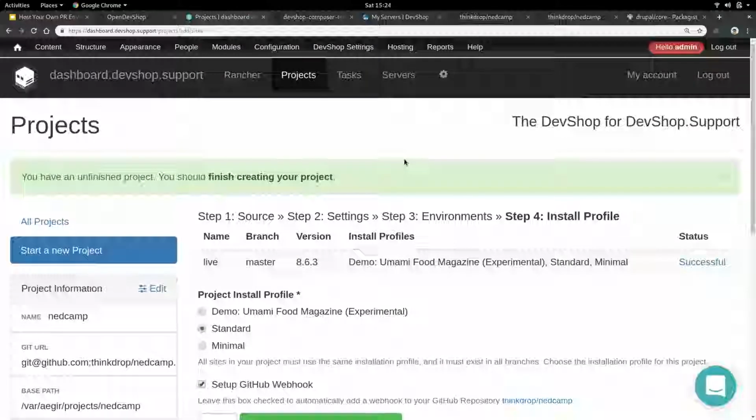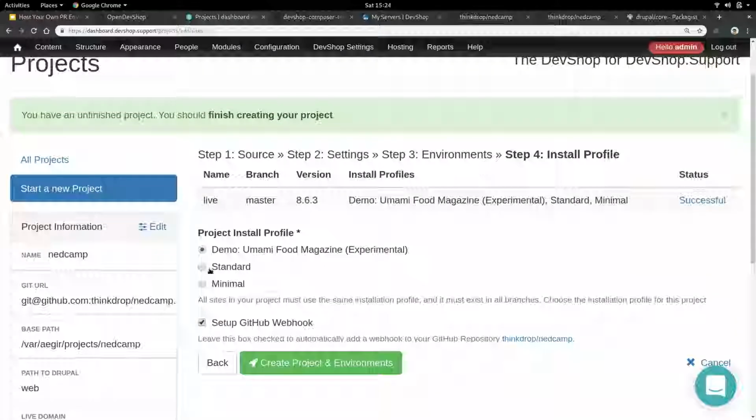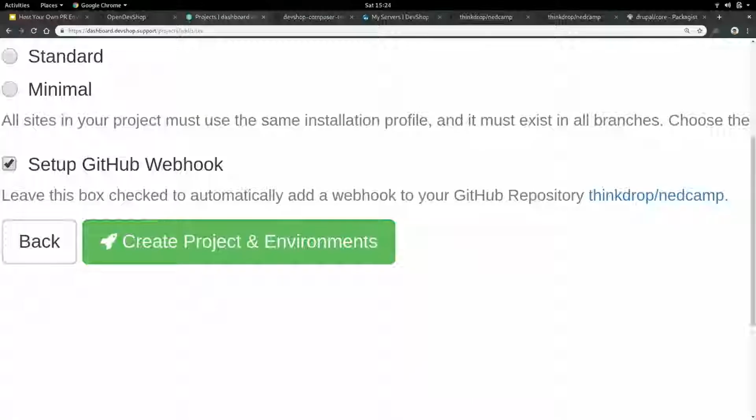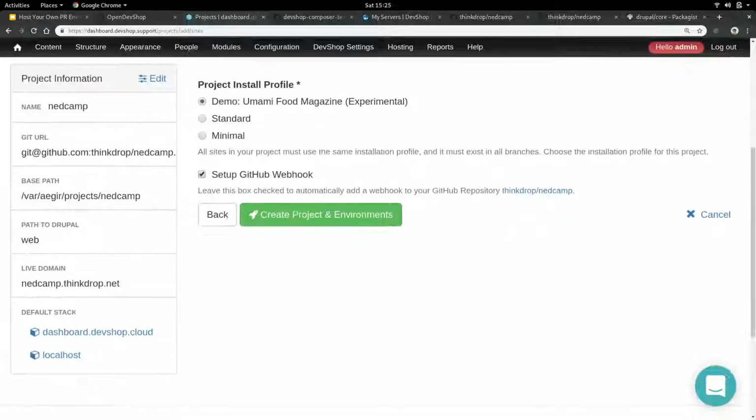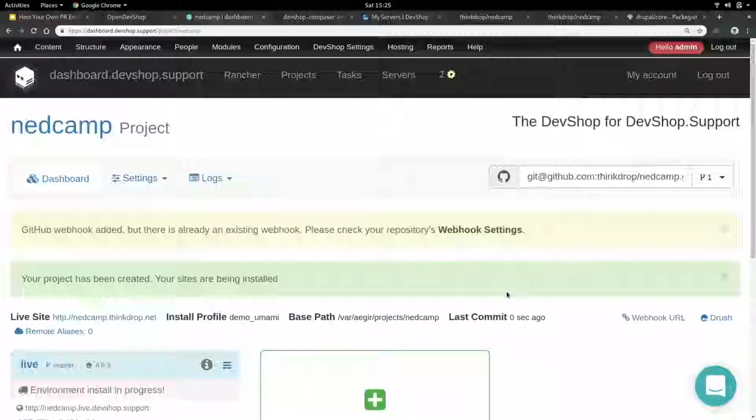So look at that. Aegir analyzed all of our site. We now can see Drupal 8.6.3. We've got the umami demo, we've got standard, minimal. Yeah, this is awesome, this umami food demo. And then we also try to automate everything, so we actually do the setup GitHub webhook automatically, since we have a GitHub API integration. So when I click create, it'll create our live environment on master and kick off the installation,